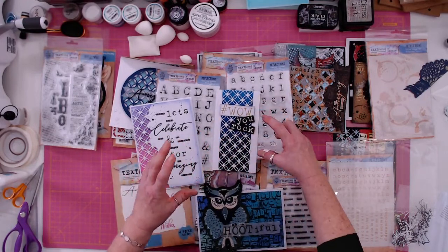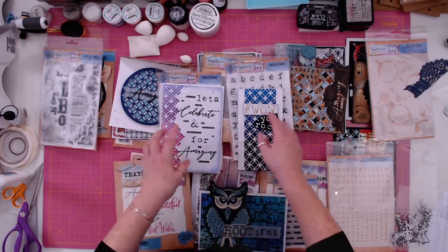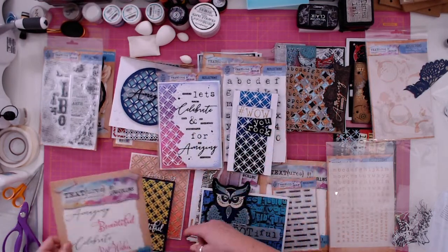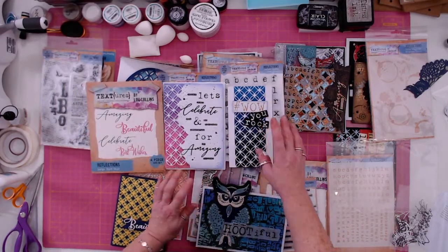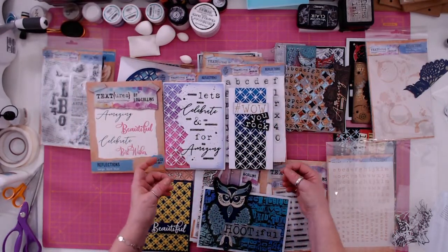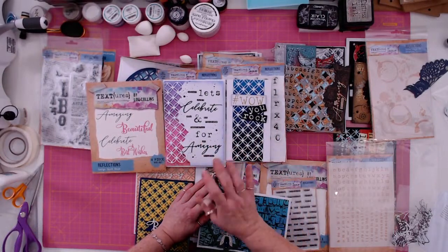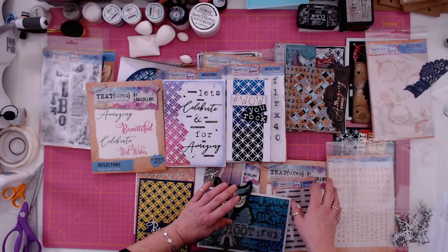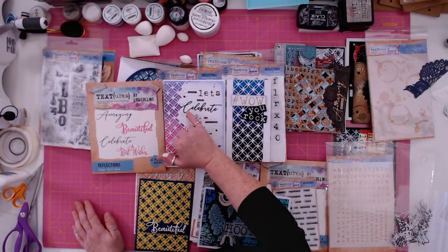I love that you've got a different size font, but I love the style of lettering because it doesn't just go with this, it goes with the die cuts that we've got. So all these, and you know Lou's known for lettering, so obviously we're going to bring that into it as well. But I love, you've got the stamps coming up in a little bit, and you've even got more with the stencil as well if you could go further, but we've got it stamped there using the stamps,